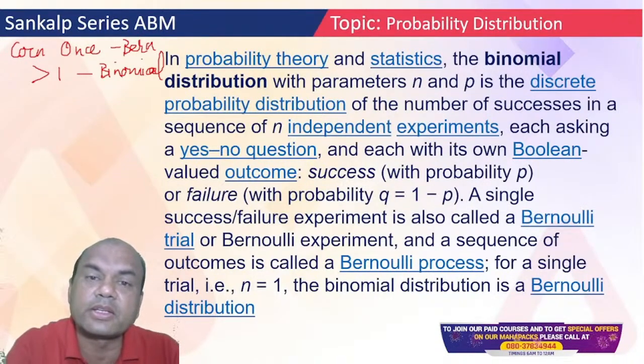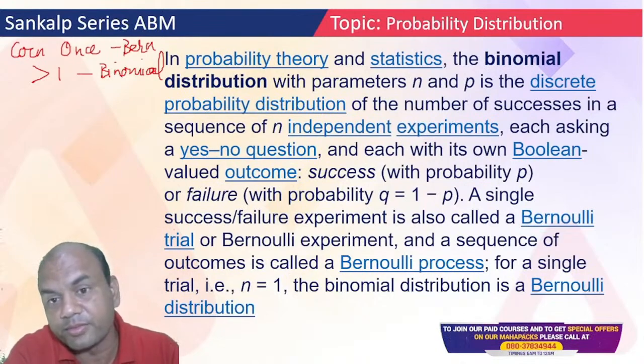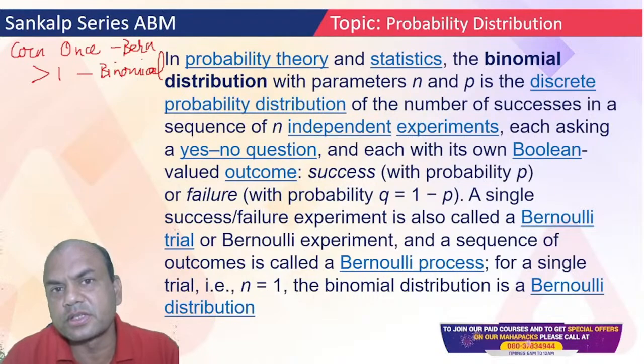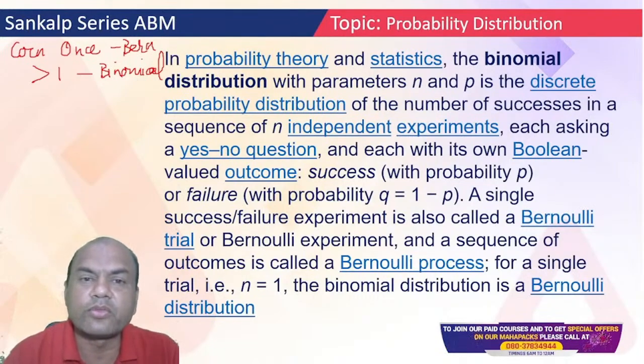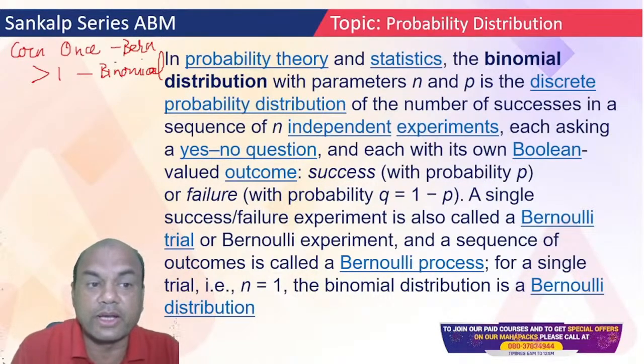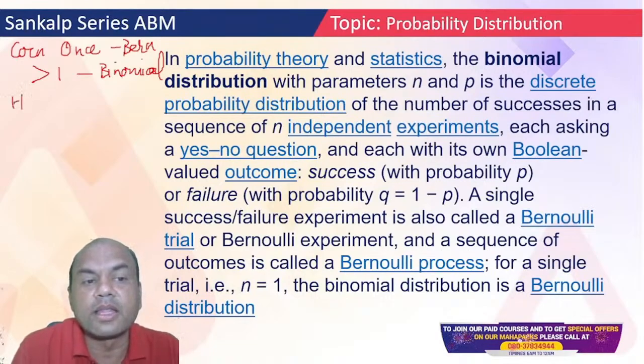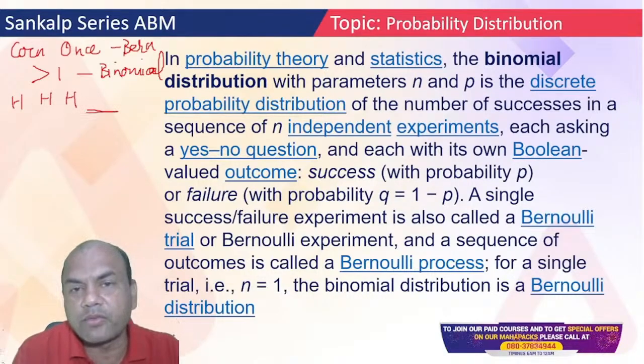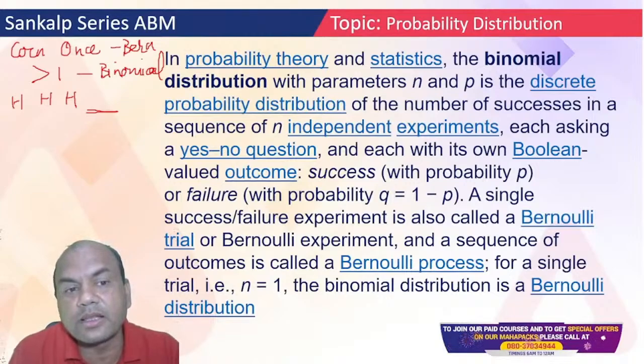Each trial has its own head or tail, right? So that is binomial. Suppose I ask you one question: I am tossing a coin 5 times. One time I got head, then again I got head the second time. Third time also I got head. Everyone type in the comment section: 3 times I've got a head. The 4th time, can you guarantee me that I'll get a head again?